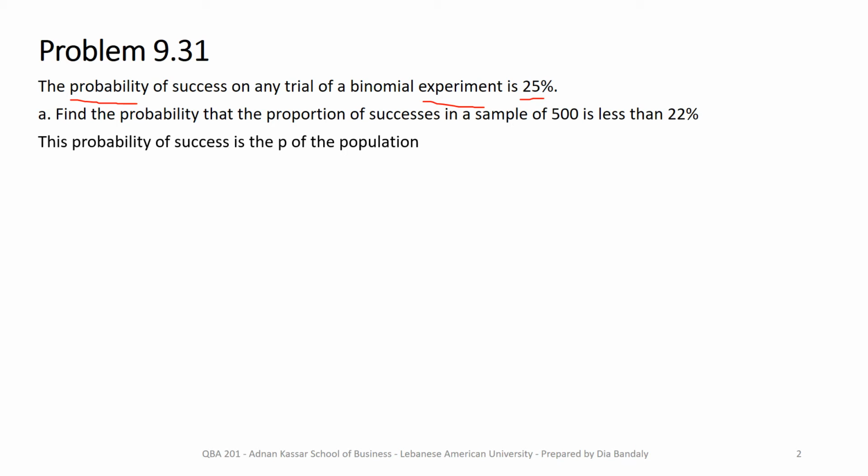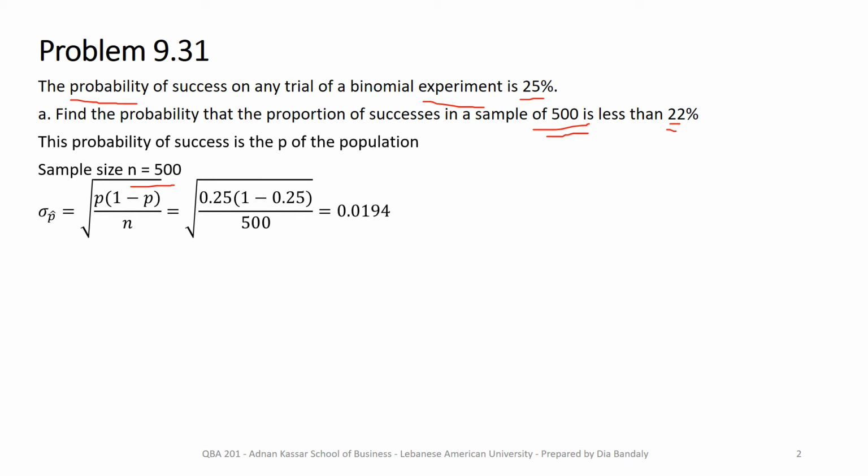So we are given that the population proportion is 0.25, and the first question: find the probability that the proportion of successes in a sample of 500 is less than 22%. So here we're talking about a sample, with a sample size of 500. And what do we know about the proportion coming out from that sample? It has a standard deviation, sigma p bar. We are given this equation, so I just plug in p, which I know is 0.25, and 1 minus p, divided by n, and we get